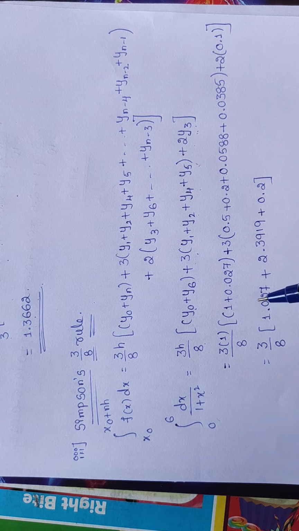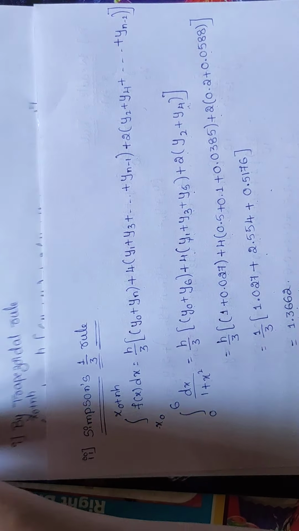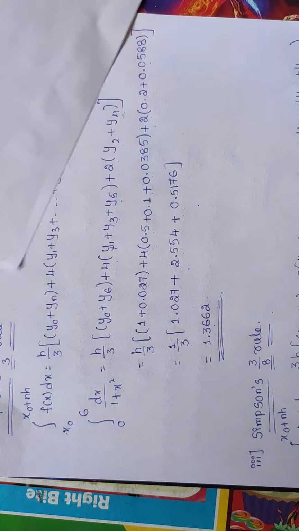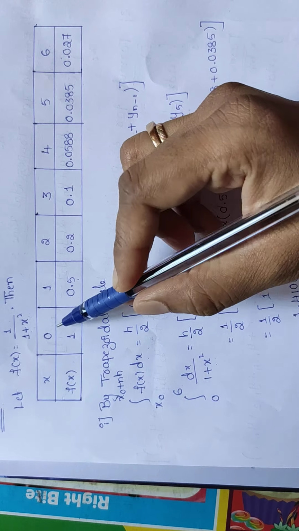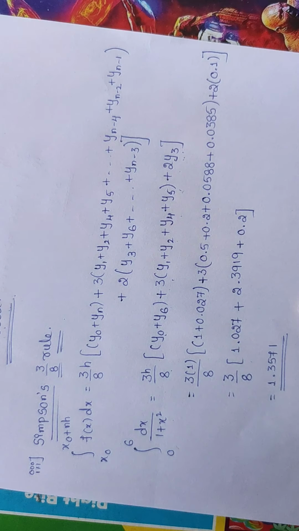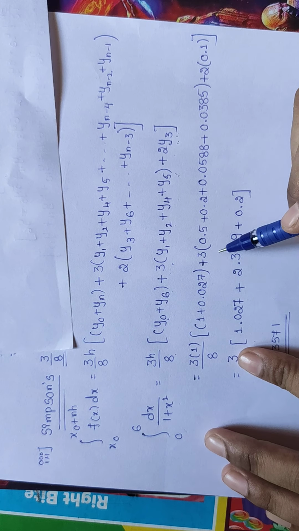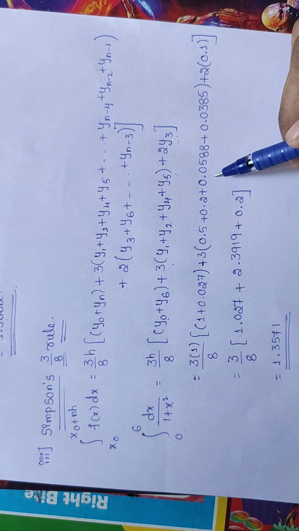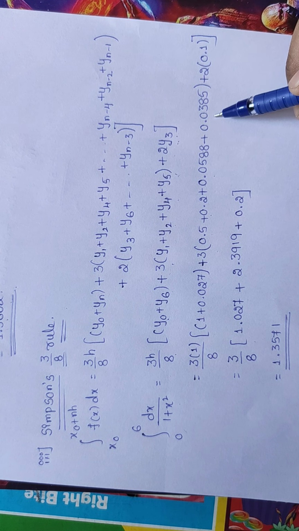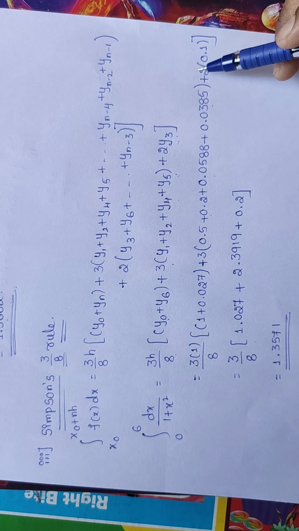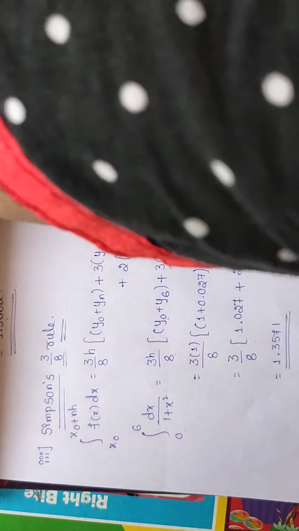Y naught value, go for the table, same thing. Here it is, y naught value is 1, substitute 1 here. And y6 value 0.027 plus 3, y1 value is 0.5, y2 value is 0.2, and y4 value is 0.0588 plus y5 value is 0.0385 plus 2 as it is in the table. We have to observe y3, here it is, y3 value is